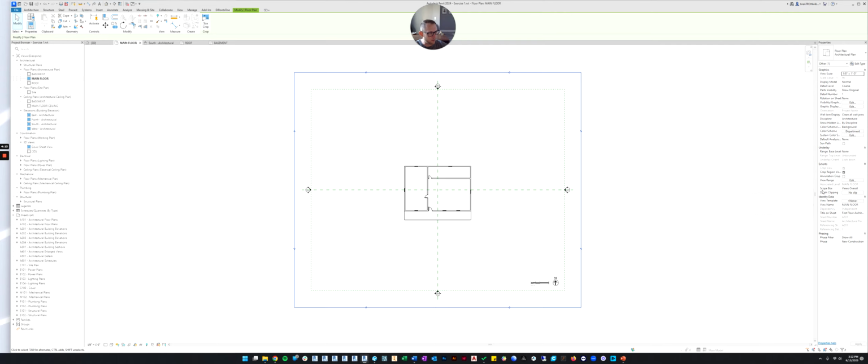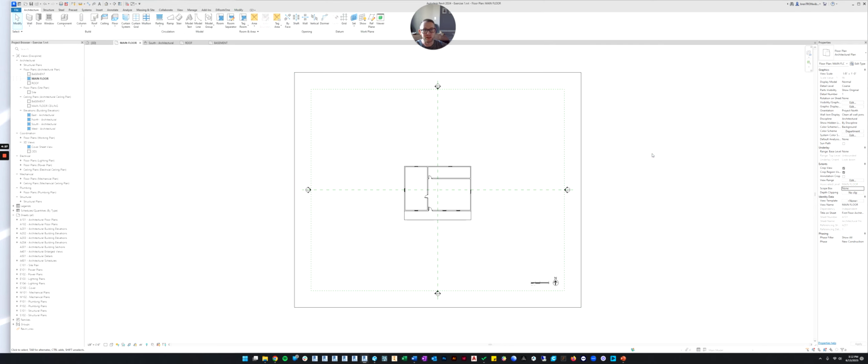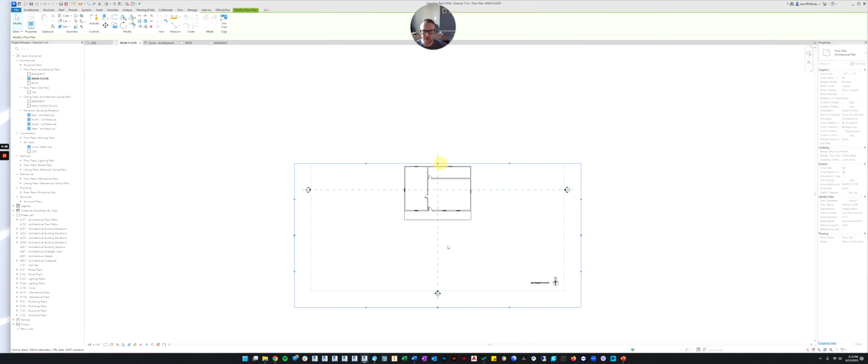And there's a little property called scope box. It's under the extent section. It says scope box. And you just need to click that drop down and click none. And then it will release it for you. Now if you go and click the crop region, the dots are there. And you can click and drag them into place.